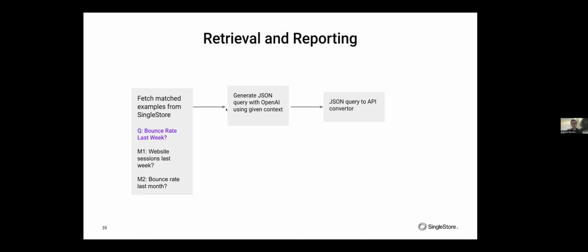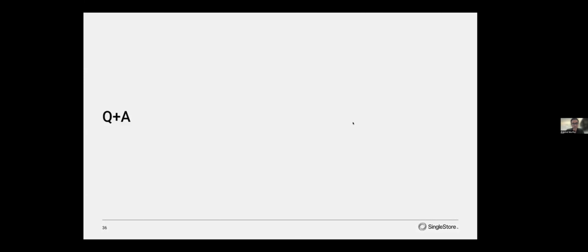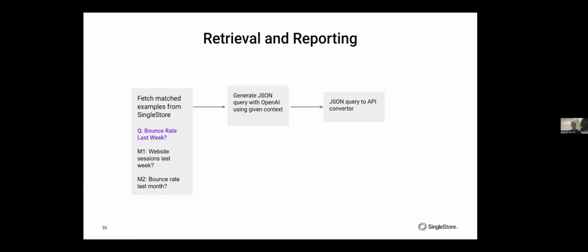All right. So broadly, once a query is fired, we get the nearest matches for those queries and use those as context and hit OpenAI, and GPT-3 is able to parse the given example, even though you don't have the exact example, and get the JSON, which we then convert to an API request and then hit our product. So that's the broad flow.